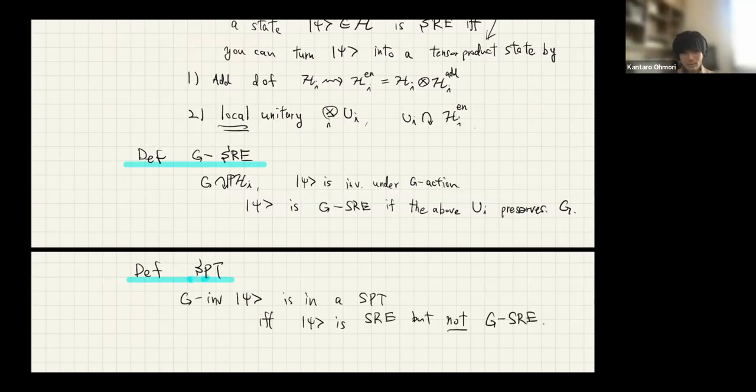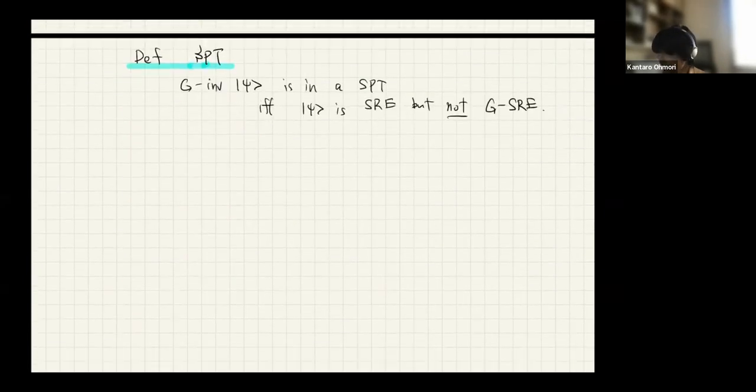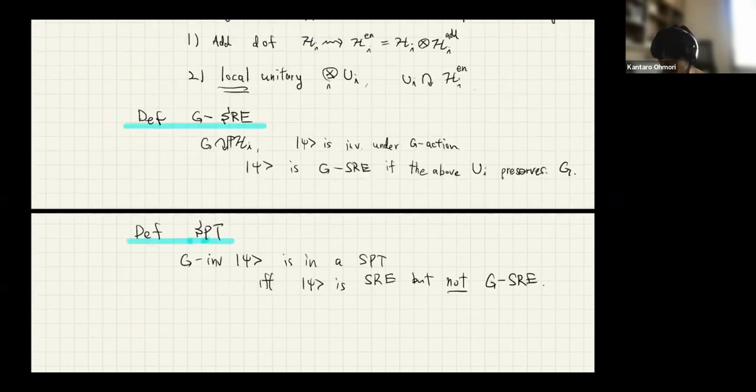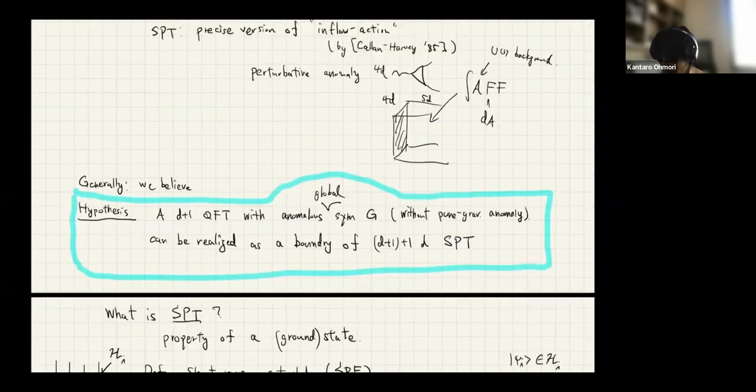Okay. So you can untangle all the entanglements by local unitary, but not in a way respecting the G symmetry. That's called the symmetry-protected topological phase. Okay. So this has been just notations, I mean concepts. Okay. And